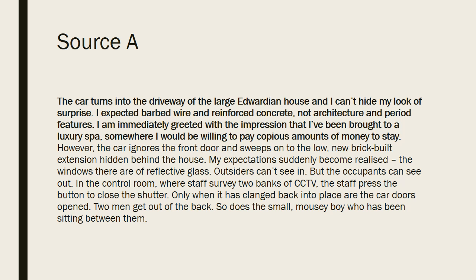Now that straight away brings in inference. What can we infer about his opinion here? I would be willing to pay copious amounts of money to stay. It seems therefore that the place they are putting children, to him, his first impression of it, is that it seems somewhere he'd like to be himself. Now, we can infer that that's suggesting he doesn't feel that this place is right for them, that maybe it seems a bit too nice for people who have committed crimes such as this. He doesn't say it openly, but that's what we can infer.